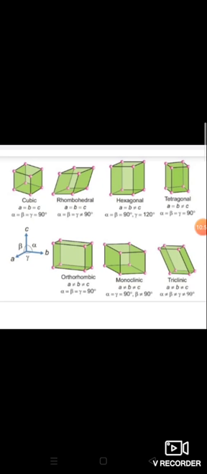And if you see this, all the angles are equal. All the axial distances are also equal. Examples of cubic are sodium chloride, zinc blende and copper. Next tetragonal, that is primitive and body centered. In that A and B are equal but B is not equal to C. All the angles are equal, that is 90 degrees. Examples: tin oxide SnO2, titanium oxide TiO2, white tin and calcium sulfate.